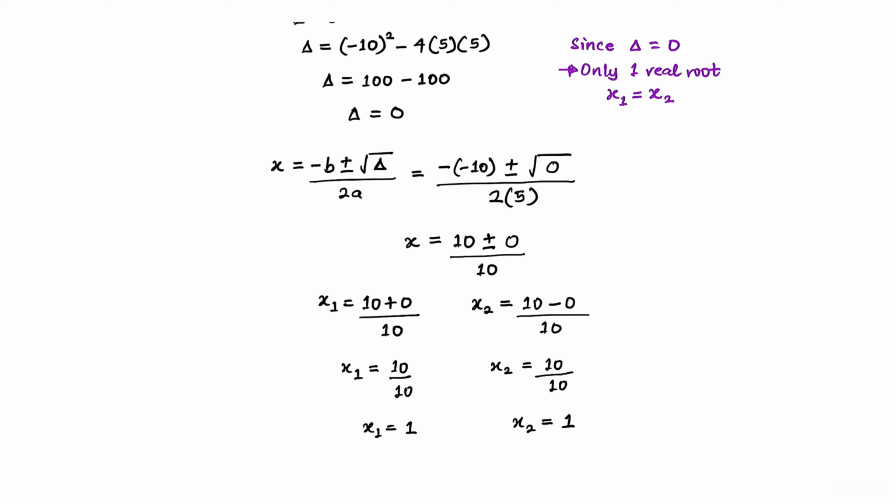As we've established earlier, we said since delta is equal to 0, we expect that the value of x1 should be equal to the value of x2. And as we can see, indeed, the value of x1 is equal to the value of x2. Hence, we have only one real root. In this situation, the real root here is equal to 1. Third example,